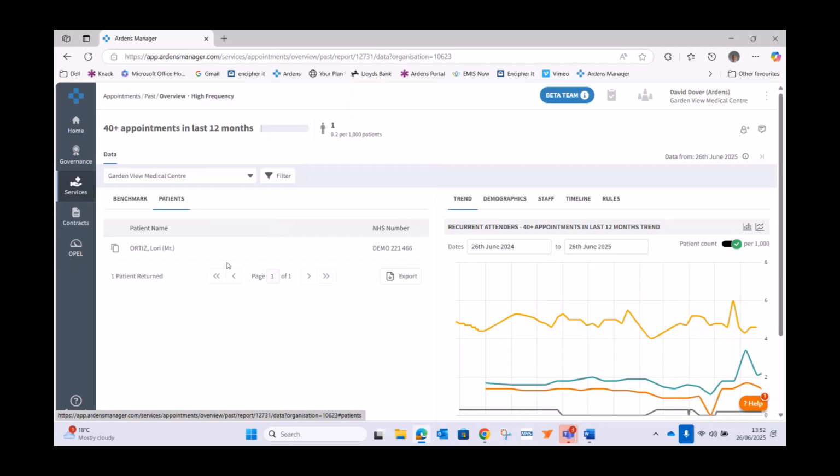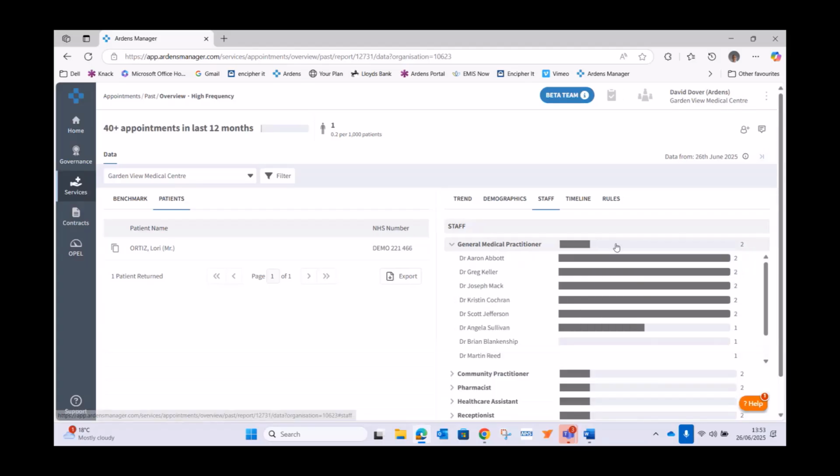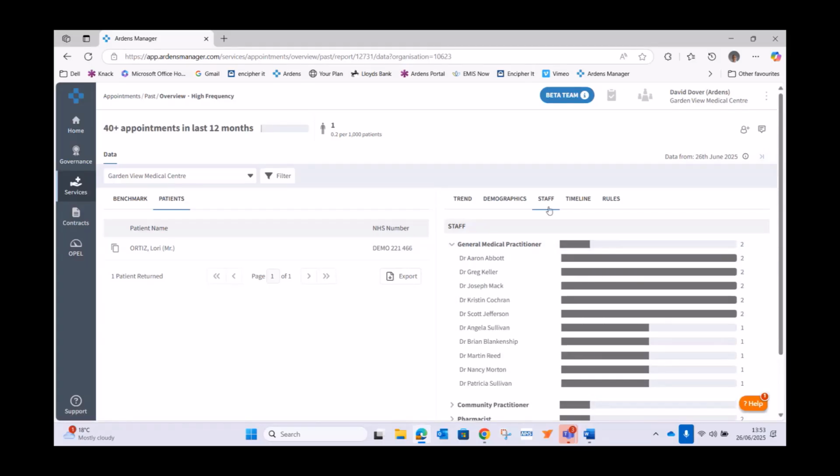Maybe I need to highlight those patients to the reception team, because those patients may not always need a GP appointment at the drop of a hat. Maybe we can direct them to a care coordinator, to a social prescriber, to one of your pharmacy teams. Maybe it highlights the fact that that particular patient is coming in to see one particular GP. Again, is it just because that GP is happy to see that patient at the drop of a hat